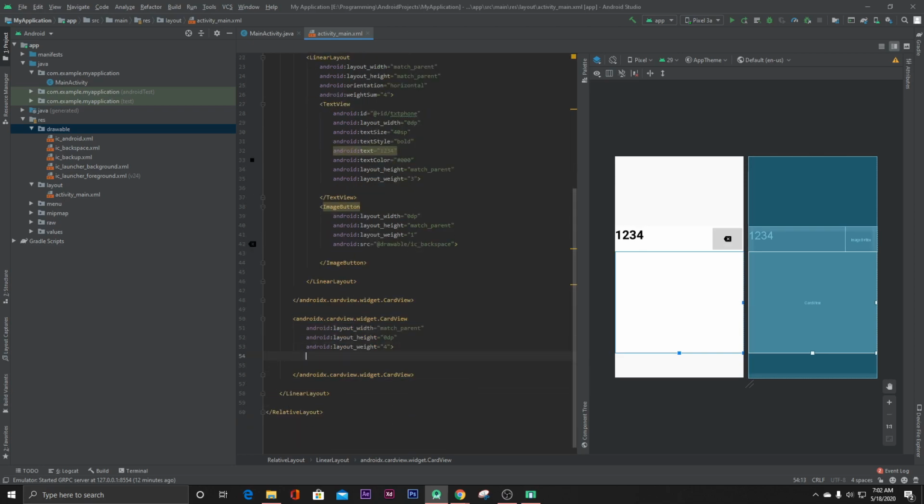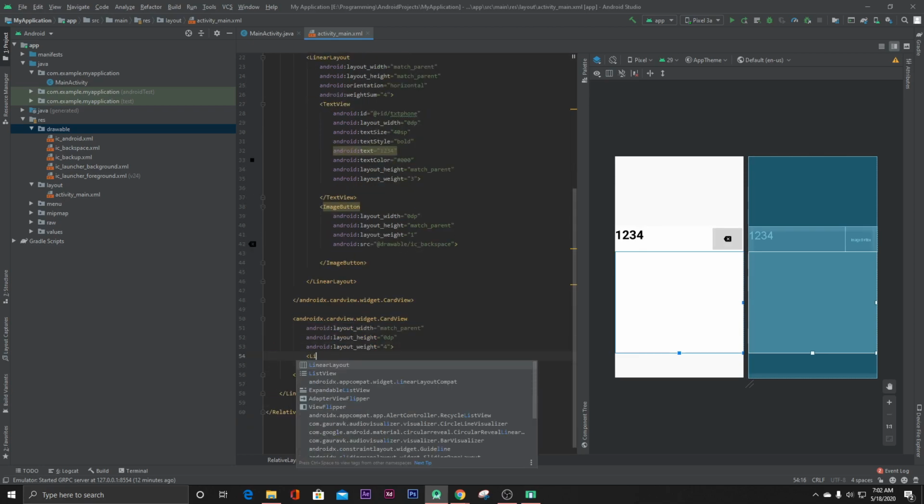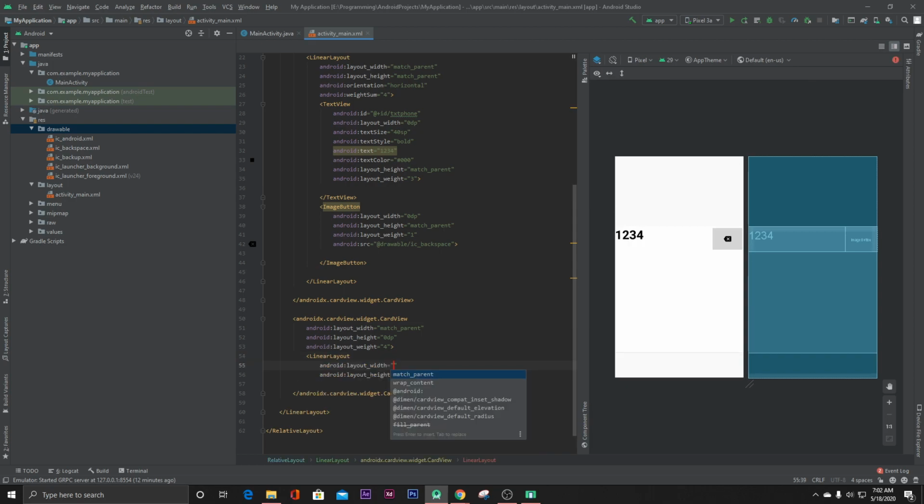Now inside this card view, add a few linear layouts. So the width would be match parent, the height would be